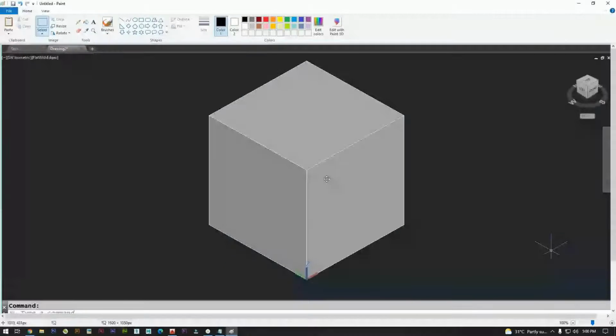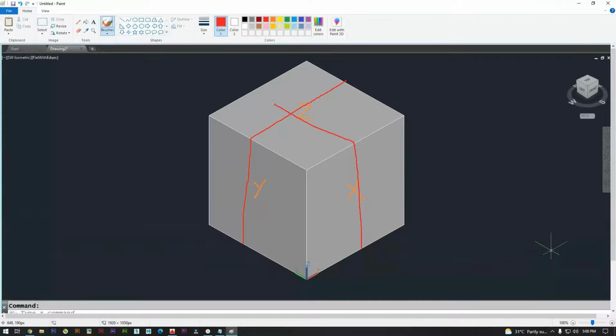We have a drawing, and this is the Y plane, this is the X plane, and this is the Z plane. If you want to cut anything, the cutting will be done like this. If you cut in the Y plane, it will be cut like this. If you cut in the X plane, it will cut like this.